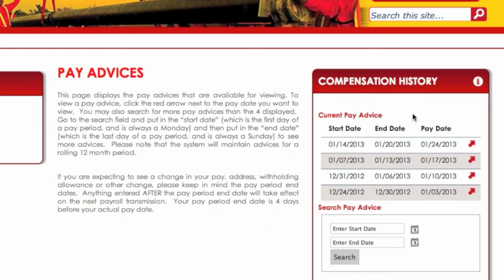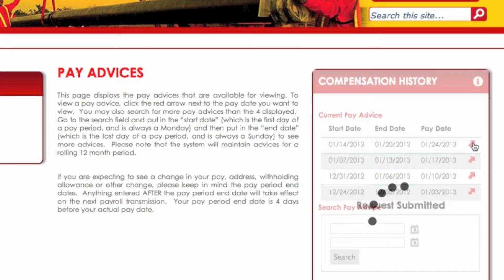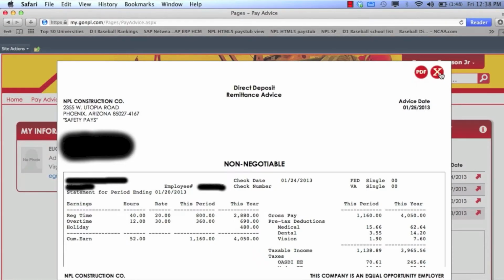One is the ability to look at the last 4 pay stubs for the employee, as well as the ability to search for a particular pay stub. So if I just look at this last pay stub, for example, I can see a very nice rendering of that pay stub that can be saved as a PDF, printed right here from the browser, and it's very easy to consume, and it's